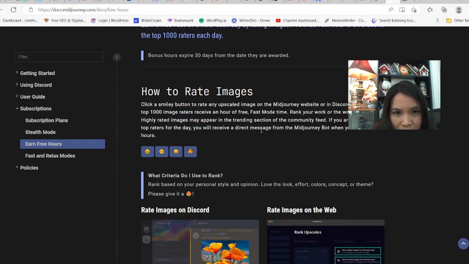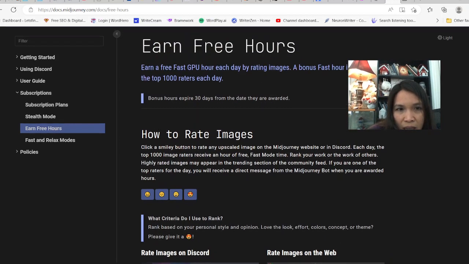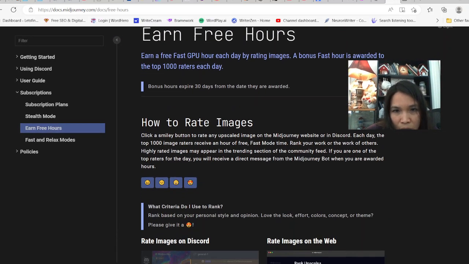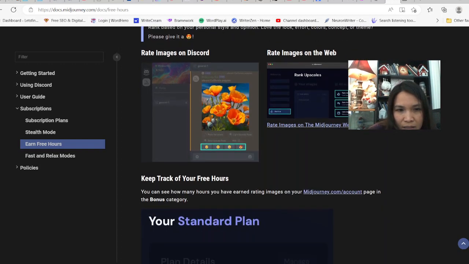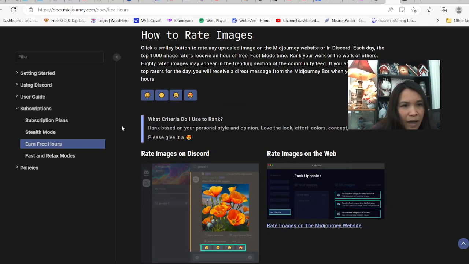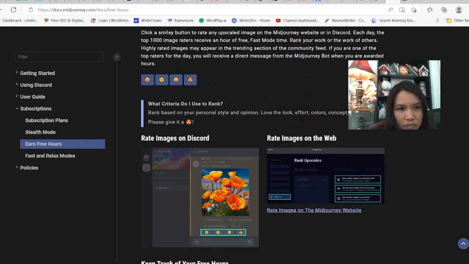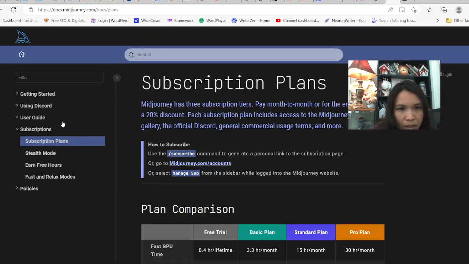So I guess they have a community feed and you can show your images and you can earn 1 hour. Bonus fast hours are rewarded to the top 1,000 raters each day. So they have an each day sort of thing. Yeah, so I mean, it's not bad if it's like $8 per month, which is pretty reasonable.